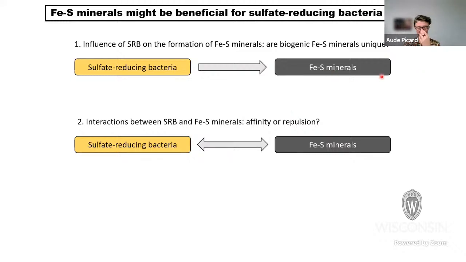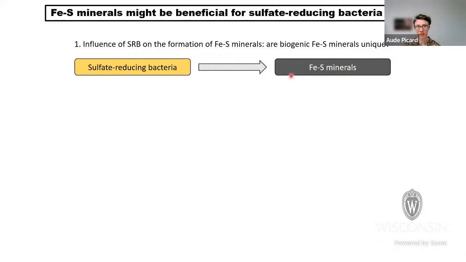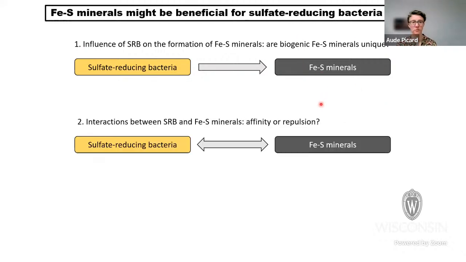And after that, you might guess that there are some unique properties, and so to try to understand this, how the microbes can produce iron sulfide minerals with unique properties. And I have to point out here that it is not a controlled mechanism. It is just, as I showed in the beginning, those bacteria produce sulfide. If iron happens to be around, then the minerals will be formed.